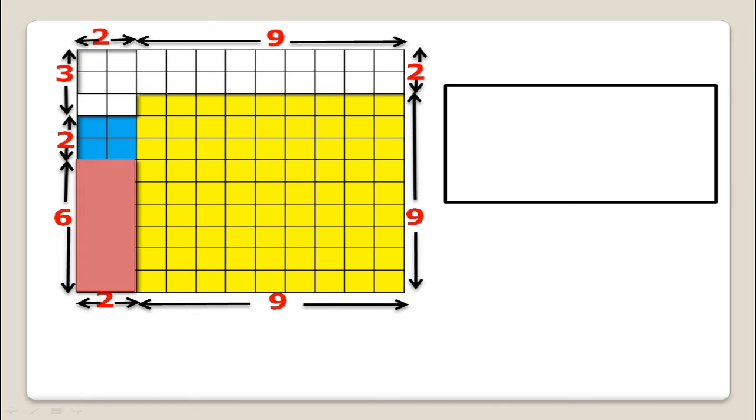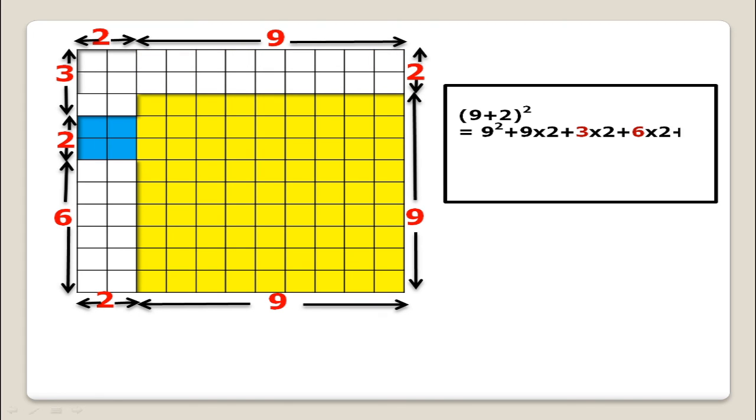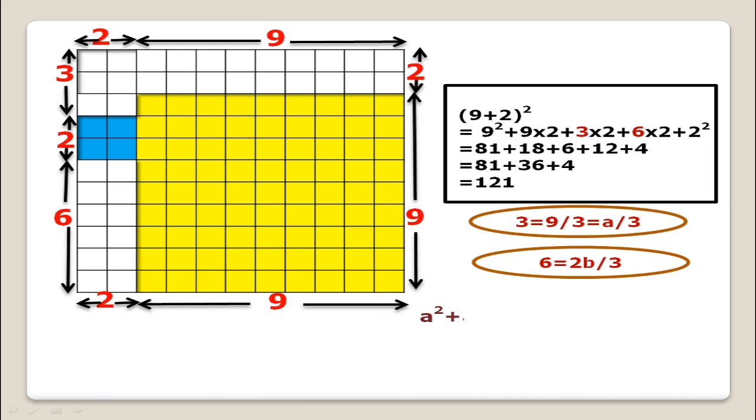Again here we have three unsymmetrical rectangles, which are 2 by 3, and the second is 6 by 2, and the third is 9 by 2, which is asymmetrical. And when we calculate its area, it's quite baffling rather than becoming easy. And the sense of mathematics is to make things easy rather than making them difficult. So 6 we can write as 2/3 of 9. That would be quite tricky to guess.